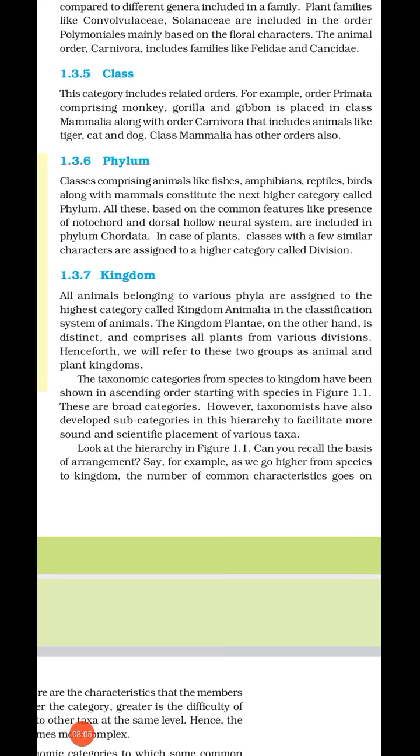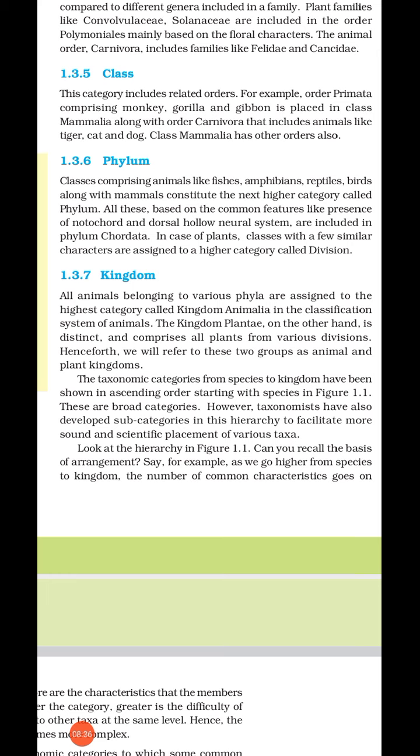Okay, and likewise all the plants, starting from the algae. Then you would have studied in 9th class, isn't it? Algae, bryophytes, pteridophytes, gymnosperms, angiosperms, all this together, they are grouped together in the highest category known as kingdom Plantae. Understood? So kingdom Plantae is the highest category in case of plants. And in case of animals it is kingdom Animalia.